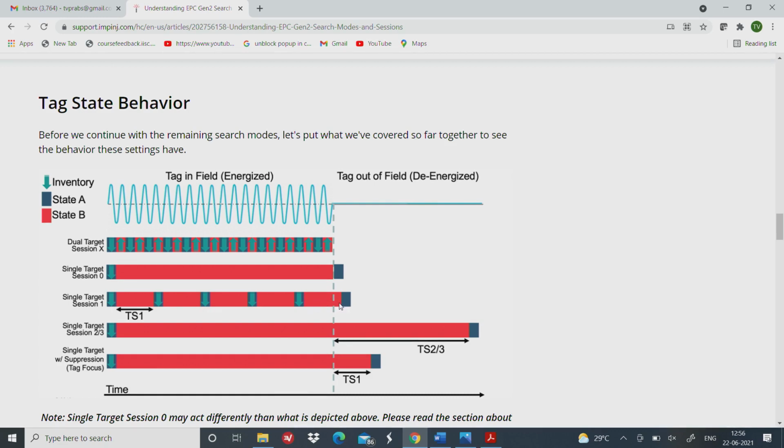This is the beauty really, it honors, it could have actually switched right at this arrow, isn't it? It did not. This little red has extended beyond. What it simply means is this is my state B. If you remove power in the middle also, I will honor the state B and then I will shift to state A. See that, see the fantastic thing that tag can do. Okay. This is a very nice thing about session 1.